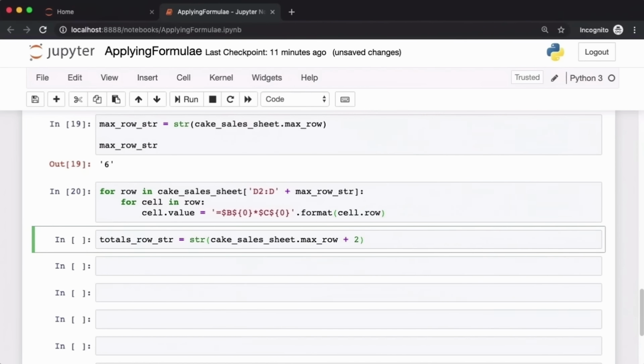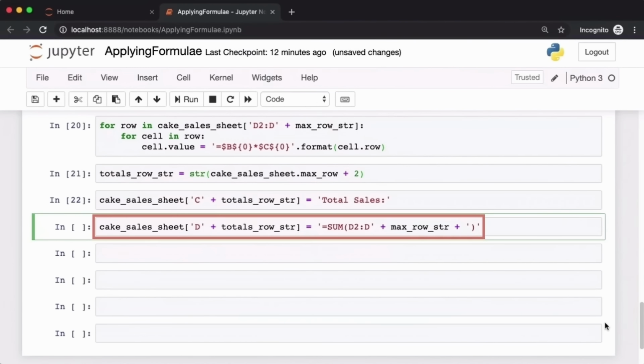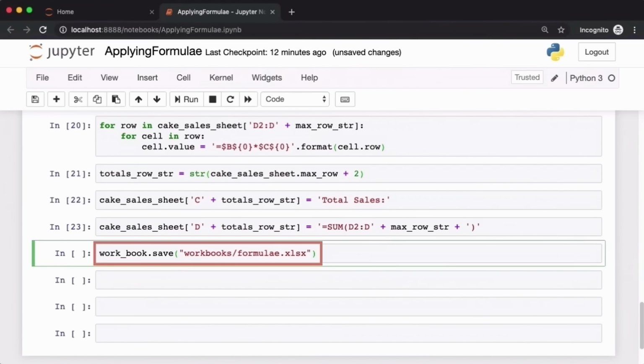While we are at it, for good measure, let's also calculate the total cake sales. This we do in the cell location at max row plus 2. And there we go ahead and add a text label "Total sales:". So this is going to be in cell C8, and right next to it in cell D8 we'll have a formula for the actual total sales, the sum of all of the revenues that we've calculated right up above. We are now ready to save this workbook so that all of these changes are reflected to the Excel file